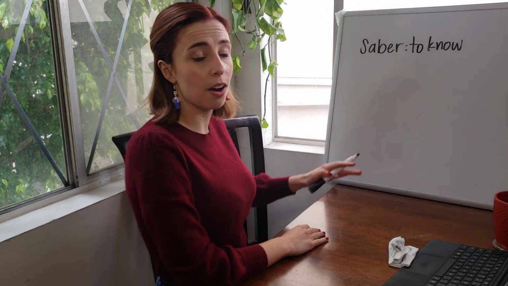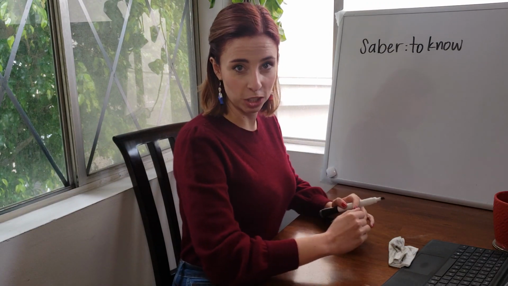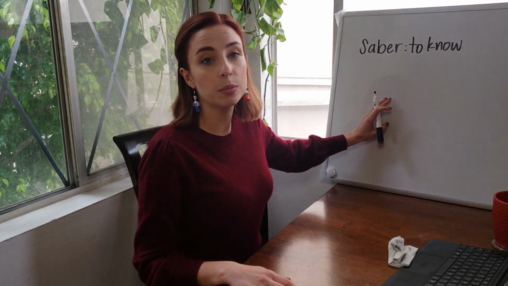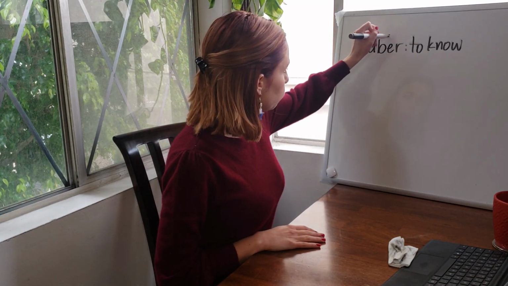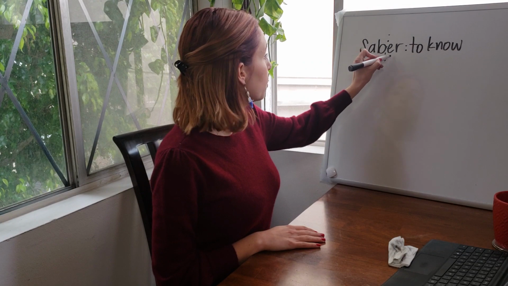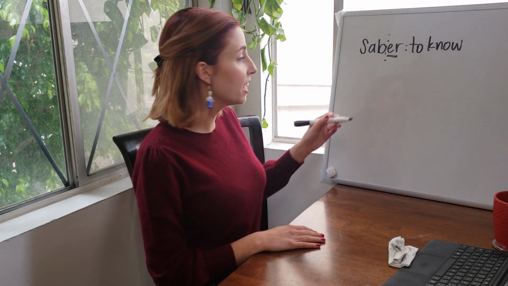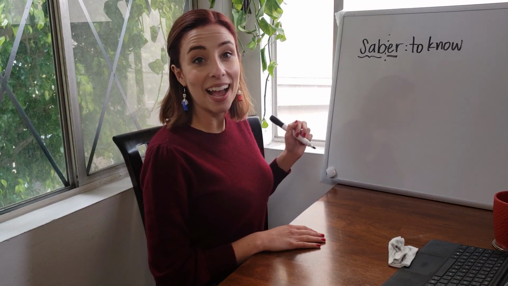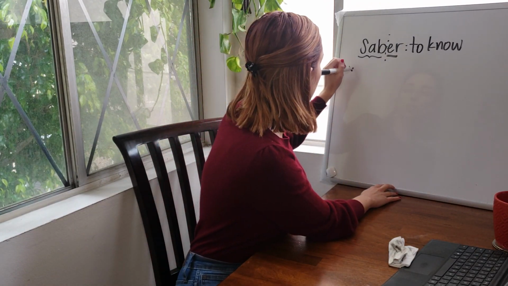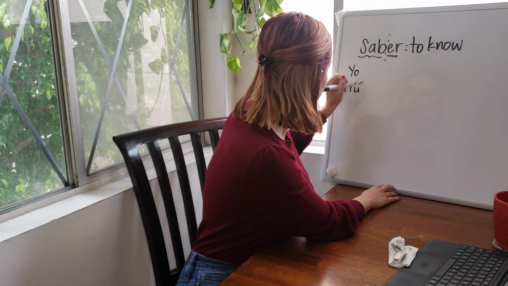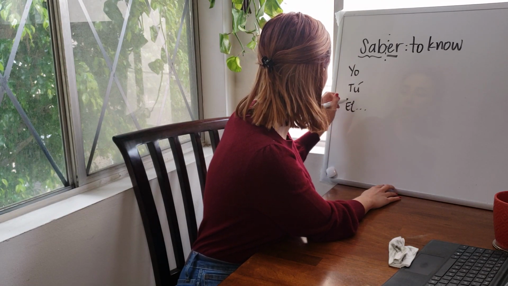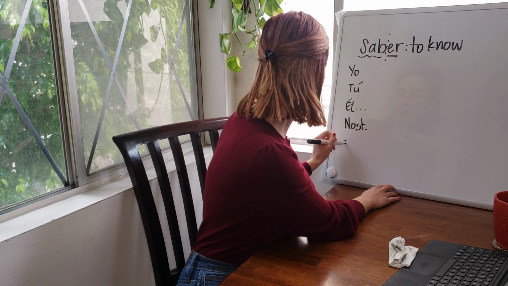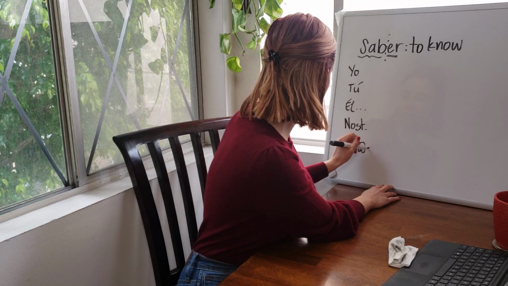So let's set up our subjects that are possible to conjugate this verb, and then let's see what happens. Before we do that though, let's divide this verb into its ending and its stem. So we know it's an ER verb based on these last two letters here, the ending, and we know that sab is the stem. Now let's go through and add our subjects. We have yo, tú, él, ella, and usted are third person singulars, nosotros, and ellos, ellas, and ustedes are third person plurals.